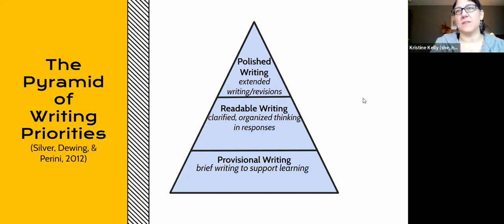So let's talk a moment about something called the pyramid of writing priorities. One of the things that I find is I can get 10 people in a room and ask them to tell me what writing is in the classroom or what it means to teach writing, and I can get very different answers. So some teachers will say, depending on the level, it's about learning how to write the letters, or it's about learning how to write from left to right, or how to format writing on